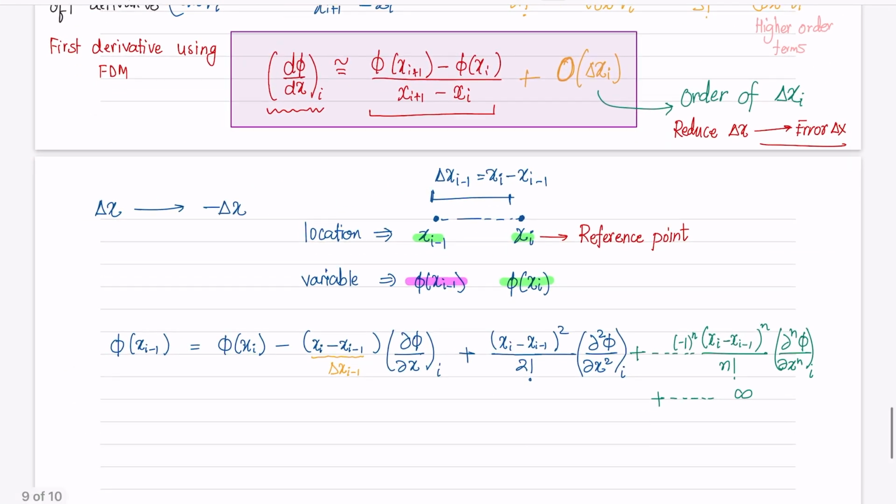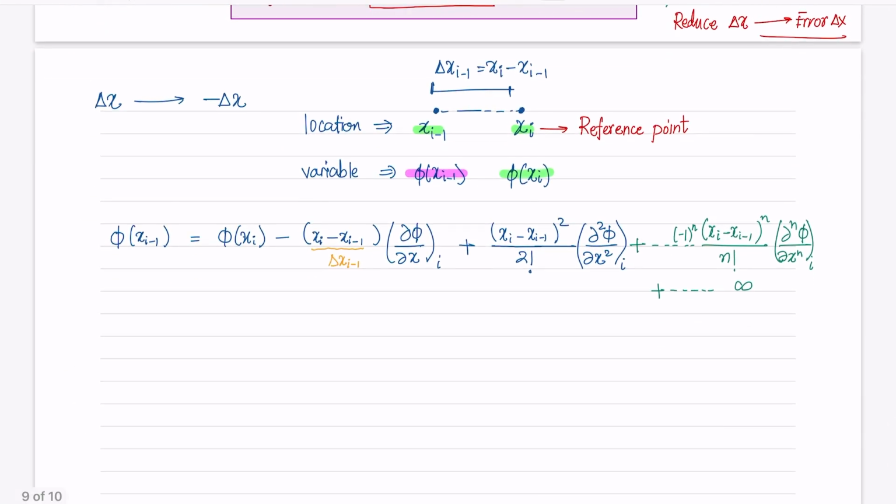If this is not, just try to do this thing by yourself as to how we can choose a different reference point and move in a different direction. It is not very tricky, but it just needs a little bit of patience and understanding to completely get this picture. Again, now that we have written this, our aim is to